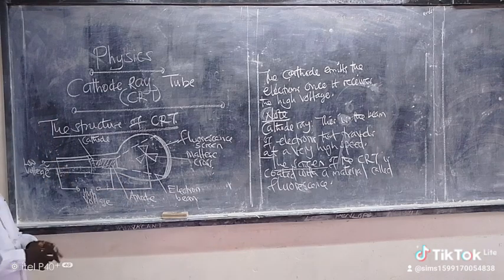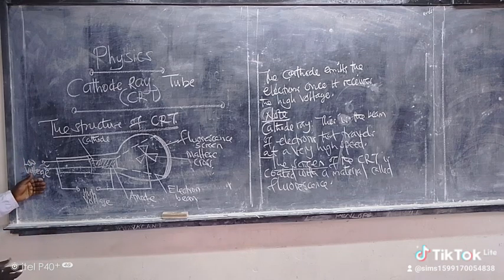So this is basically the structure of the cathode ray tube, where we have the low voltage that is coming